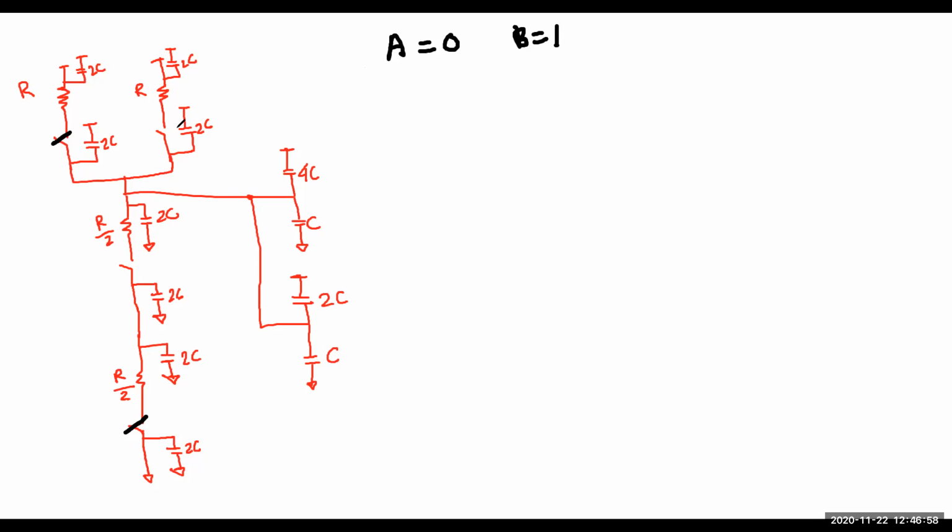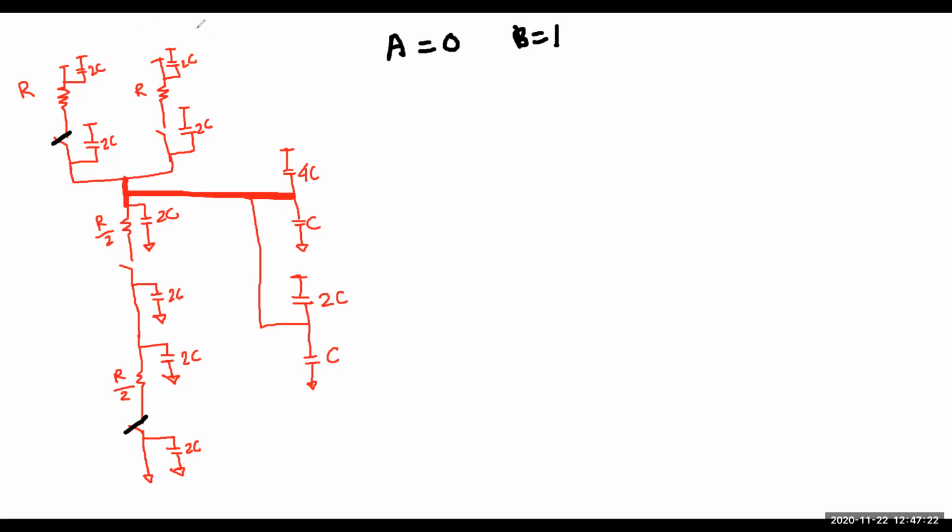But remember, where is our output point? Our output point is this one, right? Okay, let me draw this. This is output. This is our output point. So our output point is connected with some elements. So we need to find out which of them are connected, which of them are not connected.